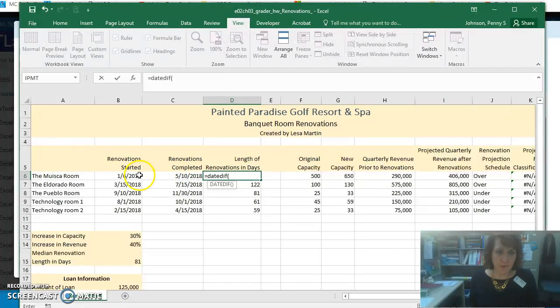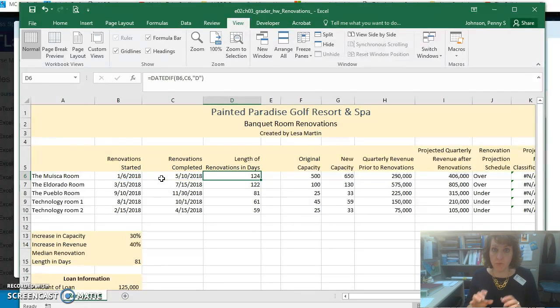So we want the date difference between B6, so I'm going to select B6, then add a comma for the next input value, which is C6, and then I'm going to add another comma, and the third input value that we're allowed to put in this particular function is we get to tell Excel how we want the results displayed in years and months and days. So I'm going to put within quotation marks, you can see I have the double quotes there, D for days. I'm going to wrap up the function with that ending parenthesis, press enter